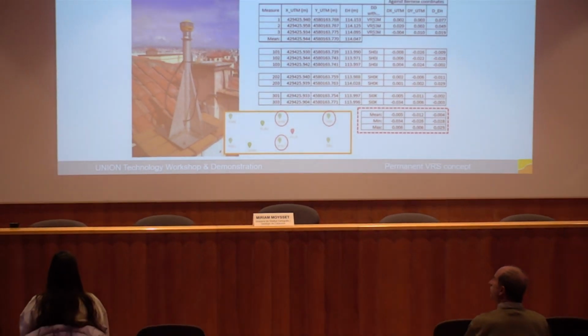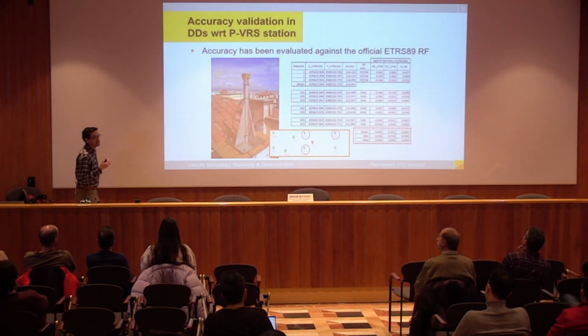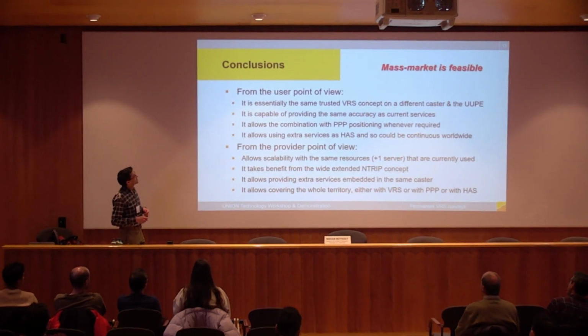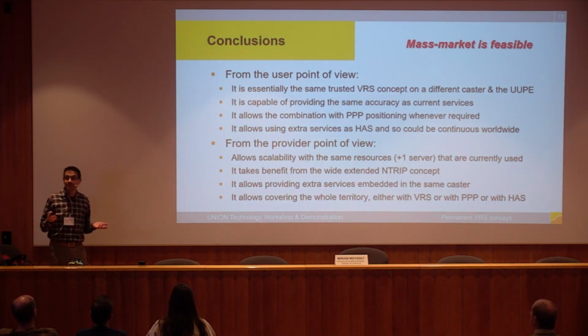value is not important. The most important here to say is that we are quite coherent with the services that we are providing. So we are capable of providing more or less the same accuracy that we are providing with the services already available. And last but not least, my conclusions, just to say that we understand that mass market